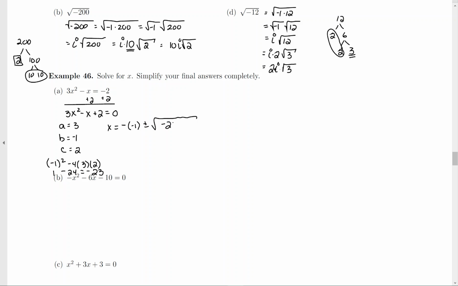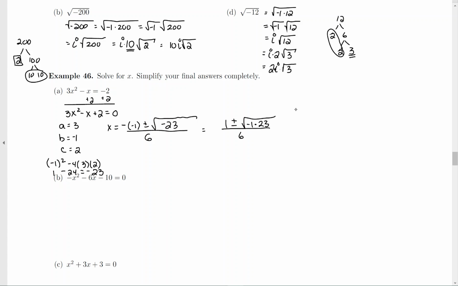That's my discriminant that's going under the radical symbol in my quadratic formula. And then divided by 2 times a, 2 times 3 is 6. So I have x equals positive 1, because the two negatives make a positive, plus or minus the square root of negative 23, that's negative 1 times 23,